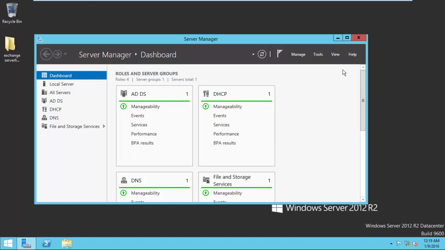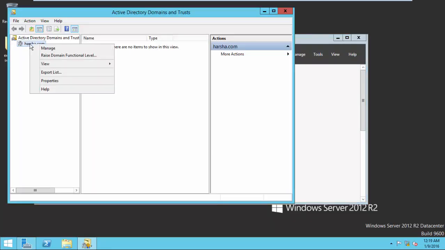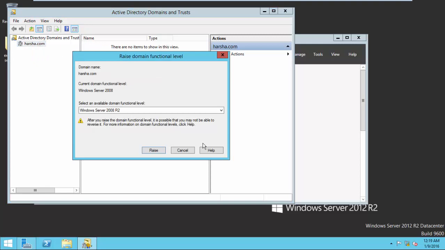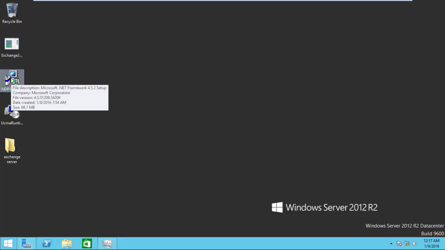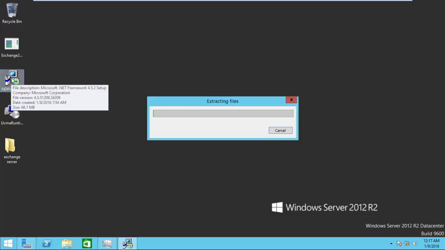So go to Active Directory, and there see the functional level 2008 is already in place. If you don't have it, raise it to 2008. Okay, come to the member server and install the .NET Framework.